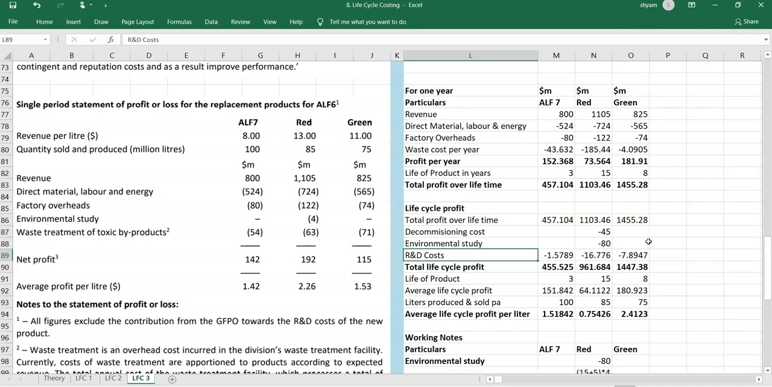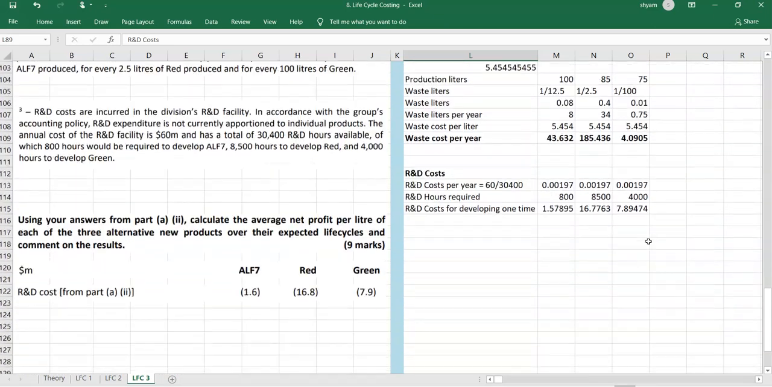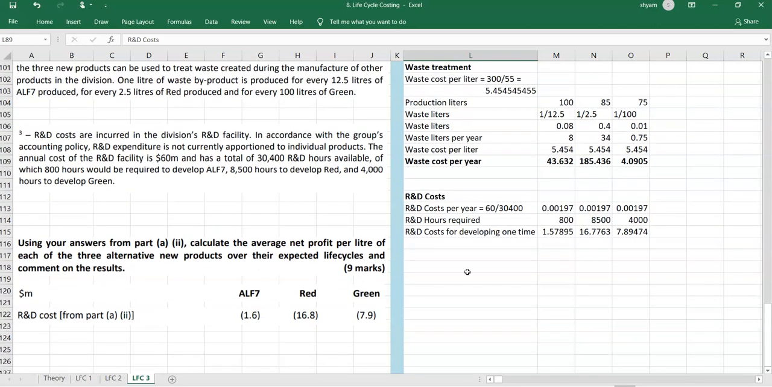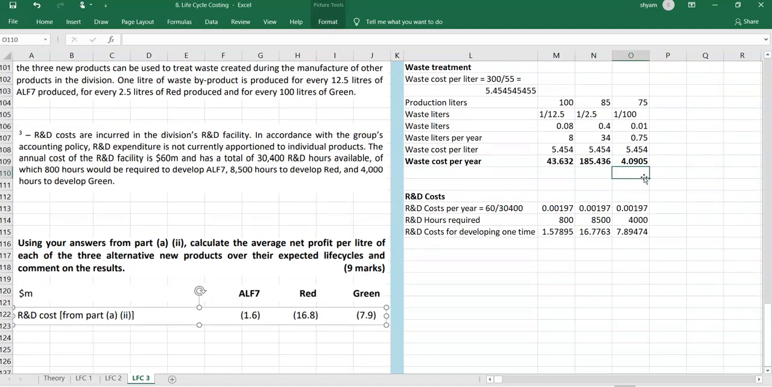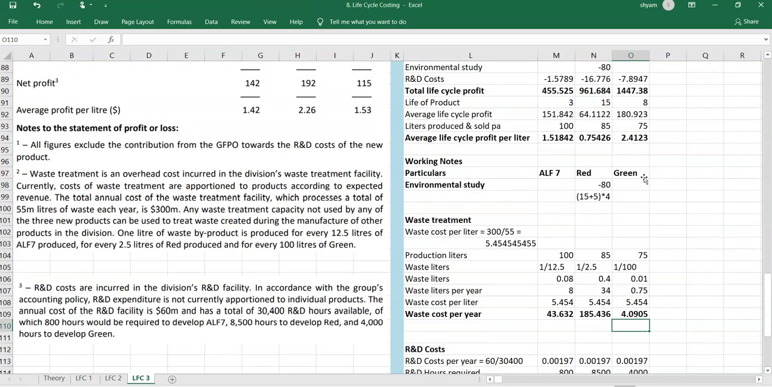Okay, so that's about this answer. This is the life cycle costing answer. This is a very lengthy answer, but still we have got it. And the hint is this: we have got the R&D cost as per the hint itself. So that's about this concept here. Hope you guys